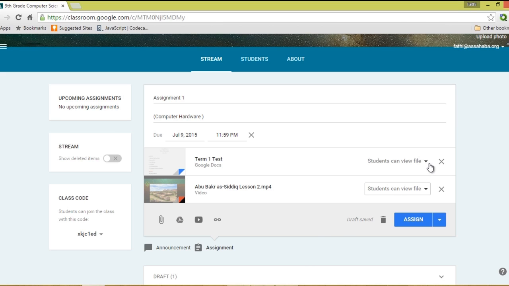Now if I come here, I see a few options. The first option, students can view file. This will give the students a copy of the file as read-only, meaning they can read it but they cannot edit it. The second option, students can edit file. This will allow all students editing and collaborating in one document. The last option,